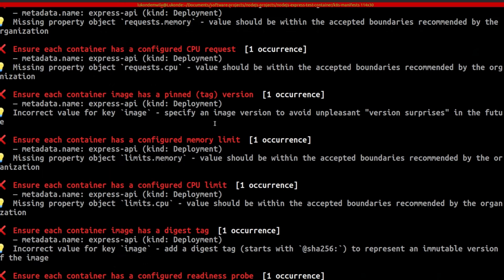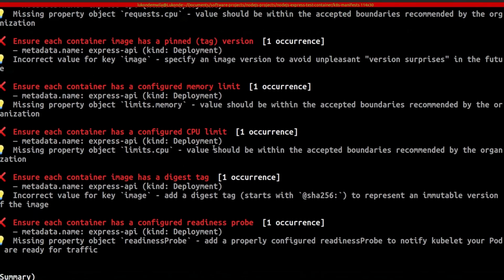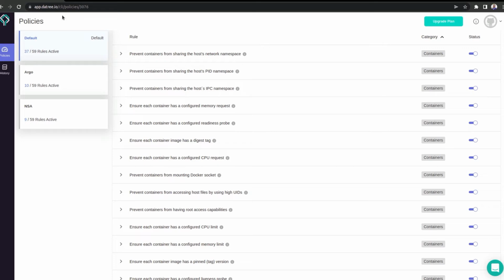And so we could go through all of these in detail, but I encourage you to actually take a look at the documentation. I love how Datree has actually detailed not only what is missing, but why you should implement it and how you can remediate it. And I'm going to open up my Datree account over here, and you can see, as I mentioned, I'm using the default policy, and you can categorize the different policy measures that you want to be making use of. And you'll see over here that I have all of these different container rules that are enabled for my default